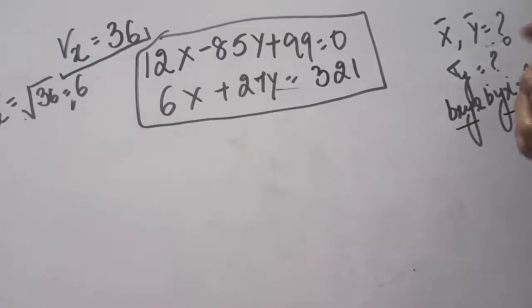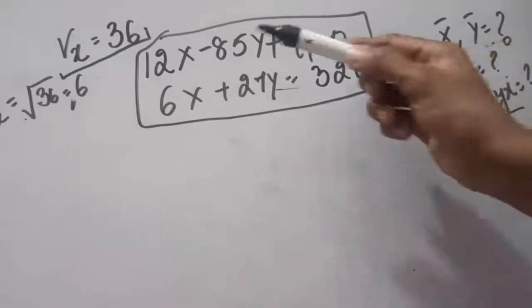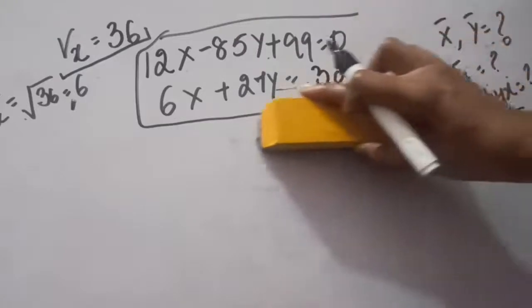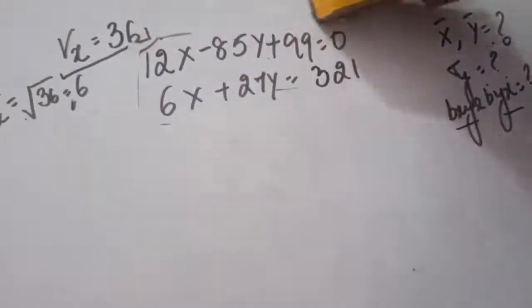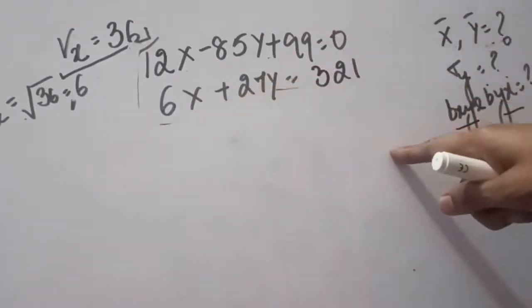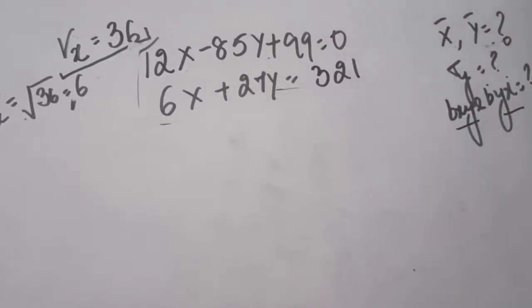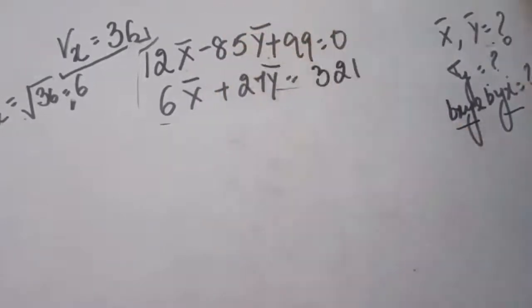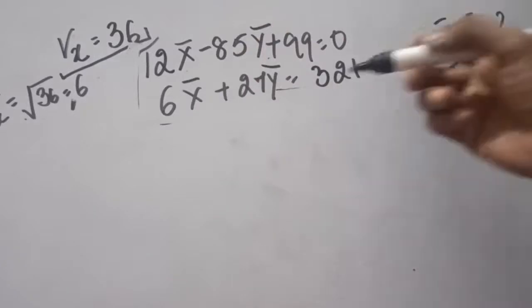First of all, we have to calculate the mean. One thing you should all know is that x and y, the variables given in the regression equations, show the mean values. I repeat again, whenever you are given regression equations, x and y in those equations represent the mean values. So you will write this line: the x and y in the regression equations represent their mean values, and then you will put a mean sign over them.